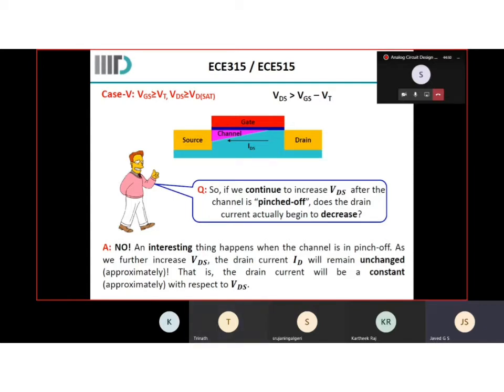So what is the constant with respect to that? What is the other factor which is allowing more current to flow through? One factor is that the effective channel length is decreased. So resistance we can say is rho L by A. When length is decreased, the resistance is decreased, and we can expect more current to flow. That is the first point. Later on, we can see that there is a pinch off, which means there is no channel from the pinch off point to the drain.